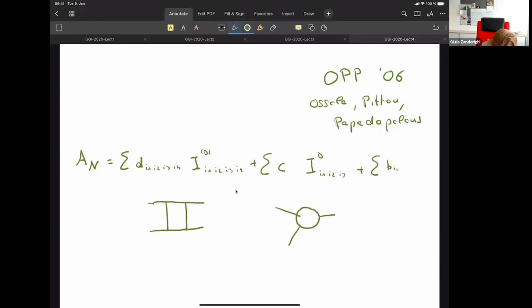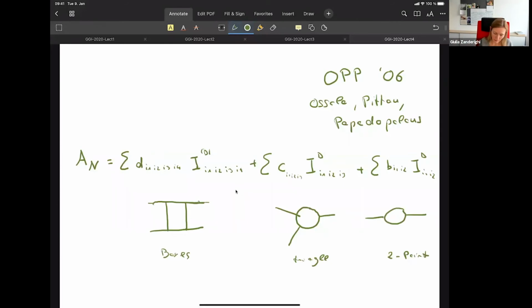B, I1, I2, so also here you have I1, I2, I3, 2-point functions. Okay, so these are what we call boxes, triangles, and these are 2-point functions. So when I write this, if you have many particles, you can always think that this one external leg here is the sum of many